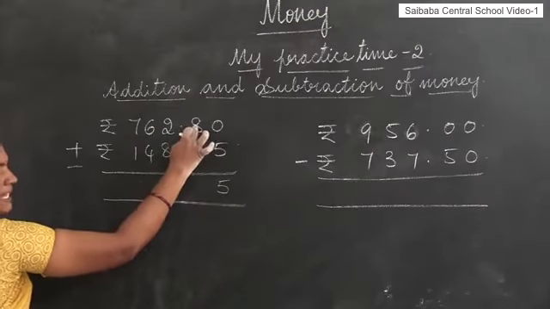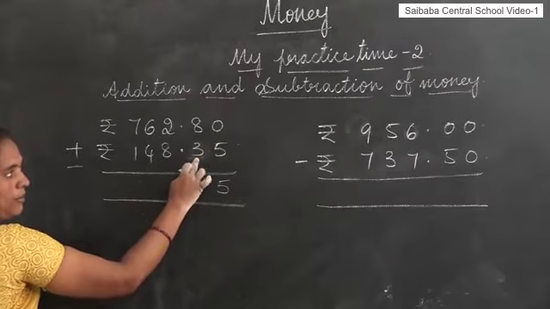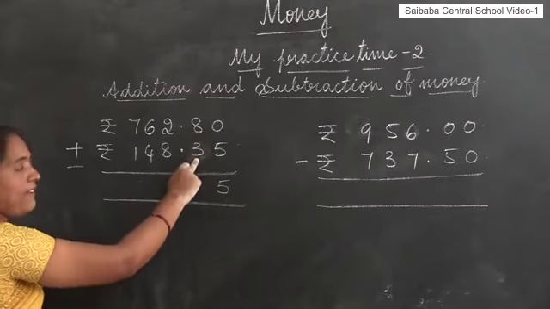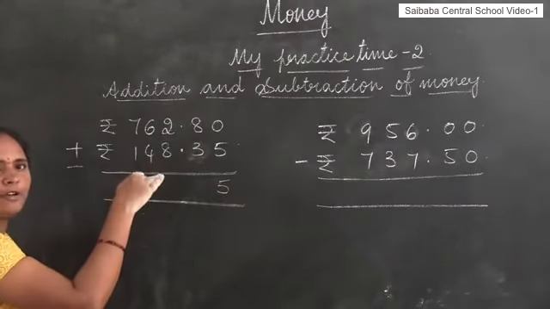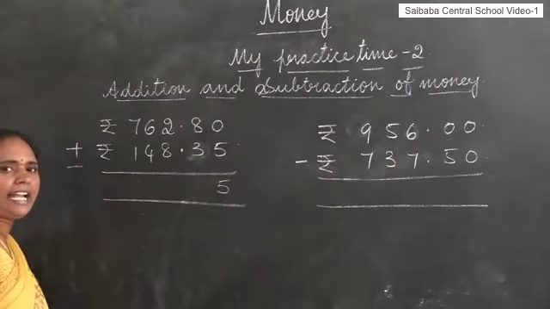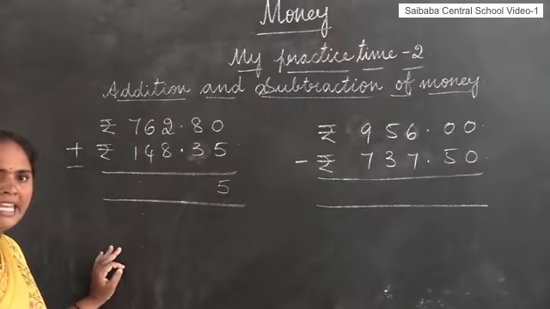If you add 0 to a number or a number to 0, we get the number itself as the answer. Now add tens place. 8 plus 3, how much? 11. In normal additions, if you get a carry, where are we writing the carry? We write the carry in the next place.